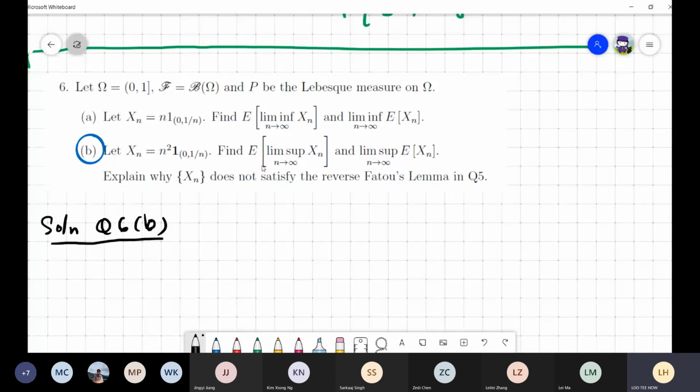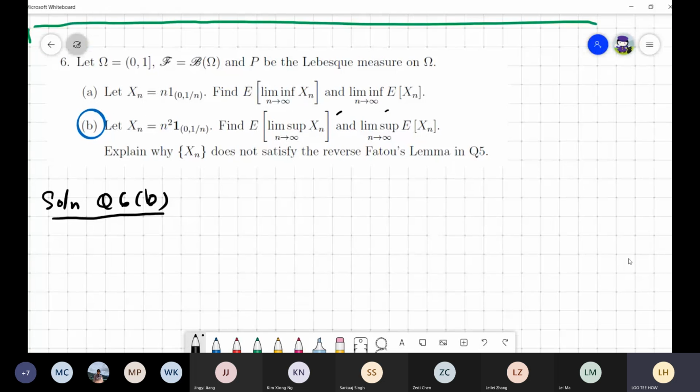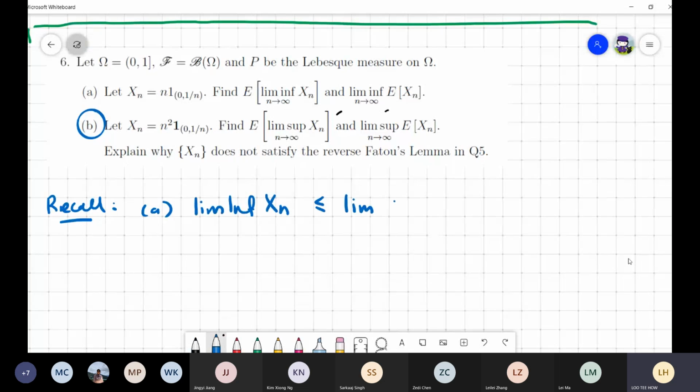Let's compute these two expectation values first. Before we start doing this, maybe we need to recall some properties for limits. First of all, the limit infimum of Xn is always less than or equal to the limit supremum of Xn. So this is always less than this. And second, when these two are equal,